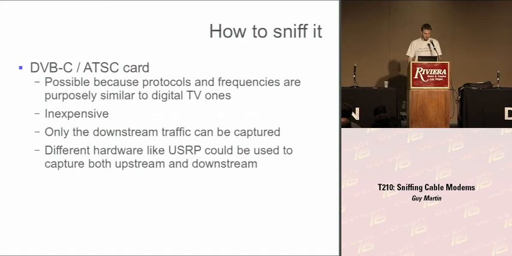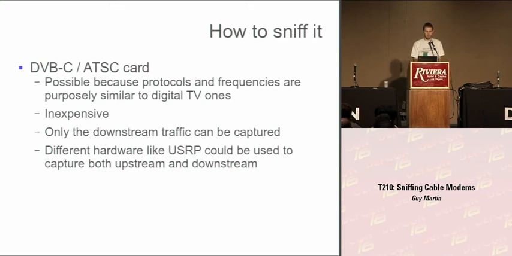Okay, so how to sniff it? What you need is this. What is this? A TV card, a digital TV card. So it's either an ATSC card or a DVB-C card. The DVB-C card you'll find in Europe. It has more advantages. For example, it can use different symbol rates. Well, that's RF stuff you don't really care about. But anyway,